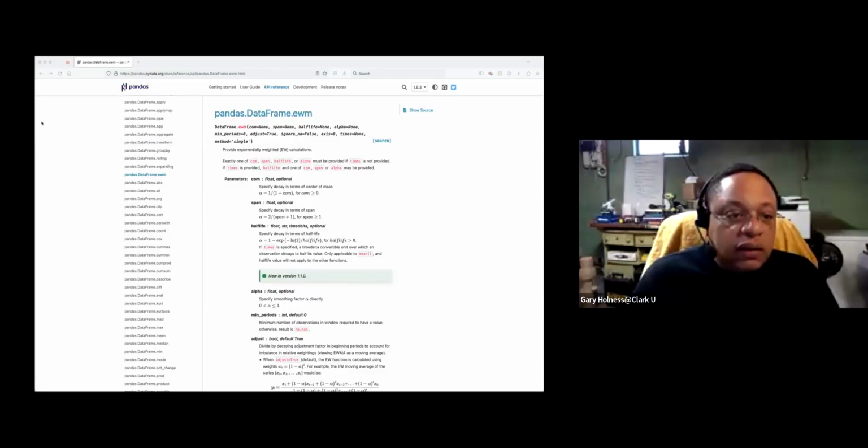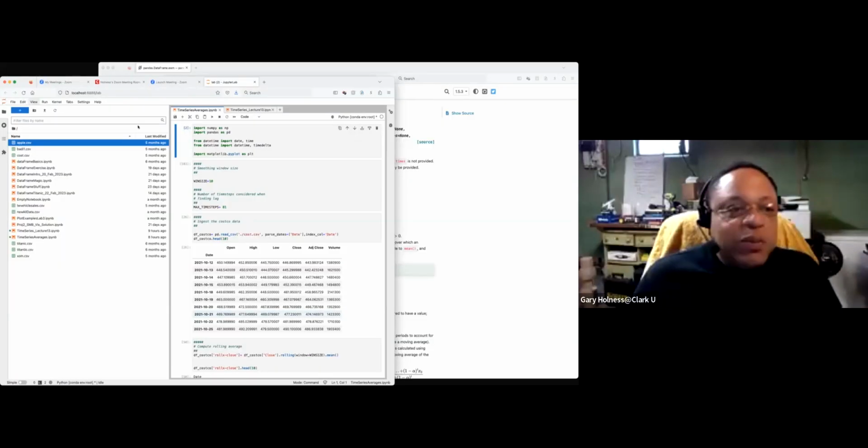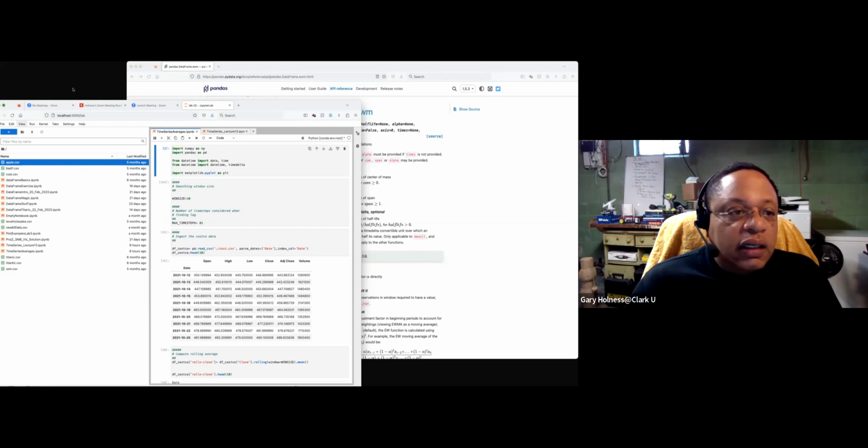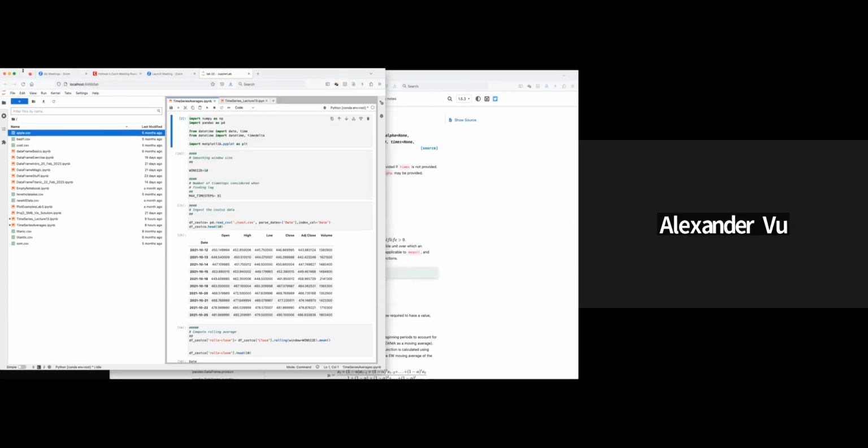So let me see if that one works. No, that's the browser. I need that one. Please bear with me a moment or two. Let me try that again. Jupyter Lab, here we go. That's what I wanted. Okay. So let's bring up the Jupyter Notebook. Can you all see the Jupyter Notebook? Yep. Okay, great. Thank you.